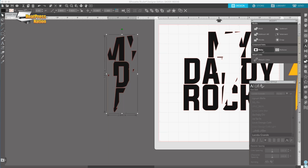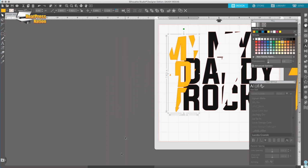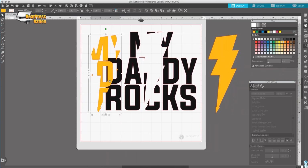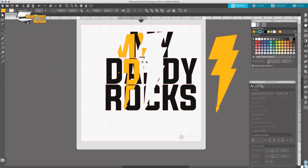Now again, it's in little pieces, so I'm just gonna hit make. And I'm also gonna color it yellow because that's gonna represent the gold layer. And now we're gonna slide it back over and check this out. This is pretty cool. If you look at just the lightning bolt that got left behind, you can't tell what it says. If you're looking at just the black text, you can't really tell what it says, but when we layer both of these together,